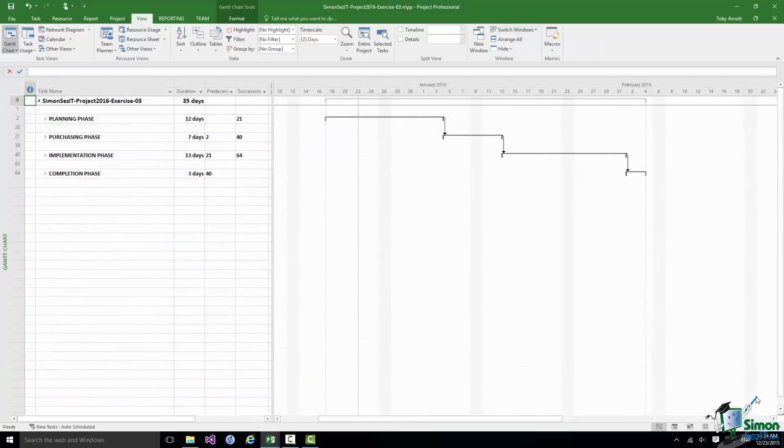So there you see the 4 phases as collapsed summary tasks. Task 2 is the planning phase summary task. Its total duration is 12 days, and you see the columns of information. Clearly the values in the duration columns for the summary task will be derived from the durations of its subtasks, but the predecessors column shows you the predecessors of the summary task, and the successors column shows you the successors